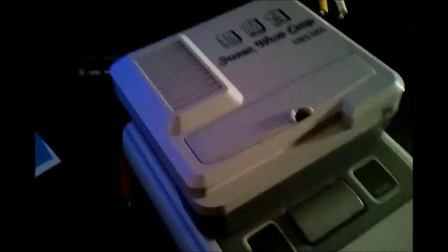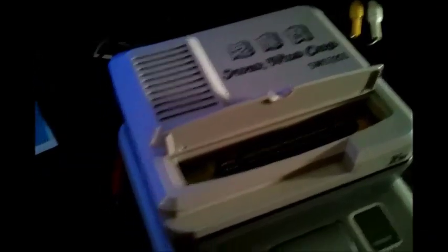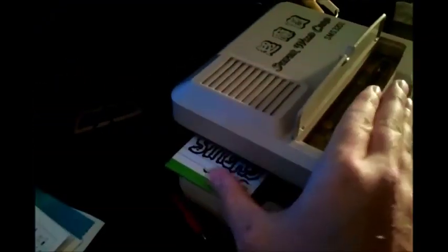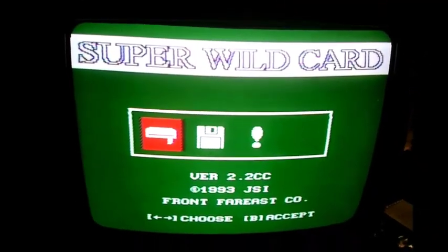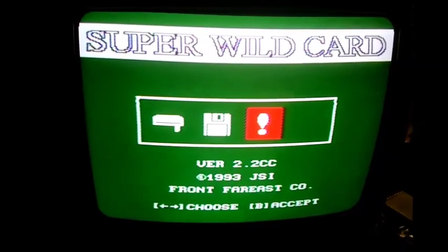This is basically, it backs it up. You put a cartridge in here, and you can back it up to a floppy disk here. So this is one of the games that I made when I was basically graduating high school. So you just pop that in here. You don't have to have anything in there, and it just pulls up the menu. And from here you can either use the backup tools, or this is what they called the Gold Finger, which